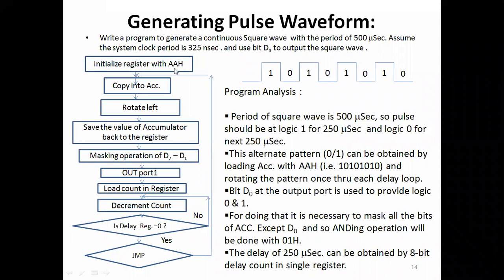So this is how this pulse waveform generation can be done: by initializing the register, copying the AA value into the accumulator, rotating it left, and after rotating it left, whatever is the most significant bit will become the least significant bit, keeping the least significant bit as it is and masking all the rest of the bits, and then putting this value onto port 1 so that it will display either 1 or